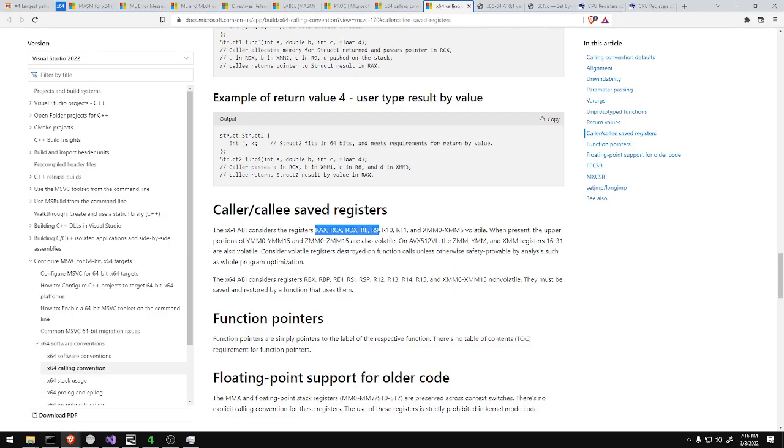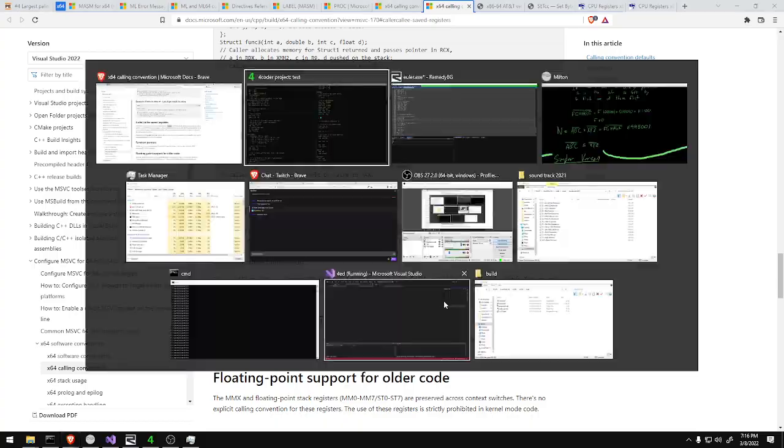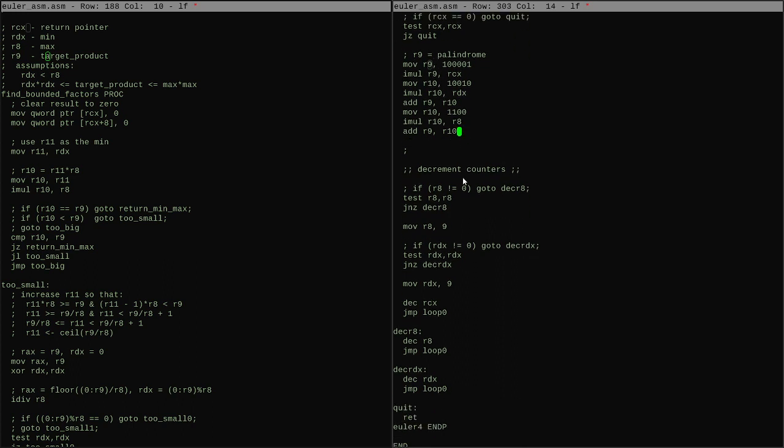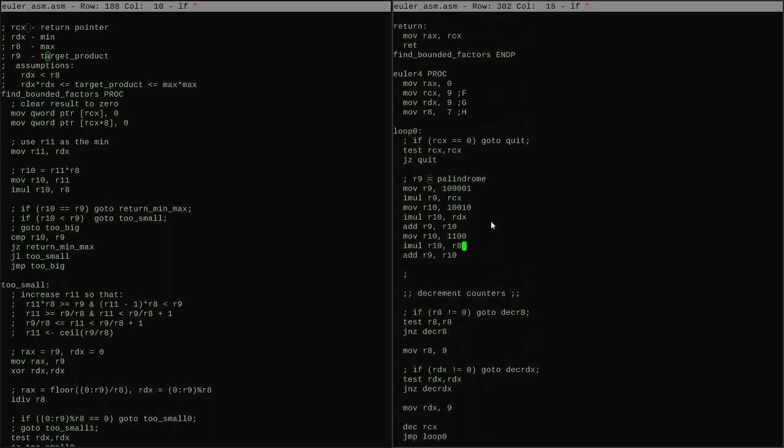None of those are available. So we would only have 2: R10 and R11 are safe for us to use, so long as we don't carry anything over the call. Like here we can use R10 this way. But we can't do what we're doing. As a temporary, R10 is fine, but as something that gets carried over the call, we need to switch to,